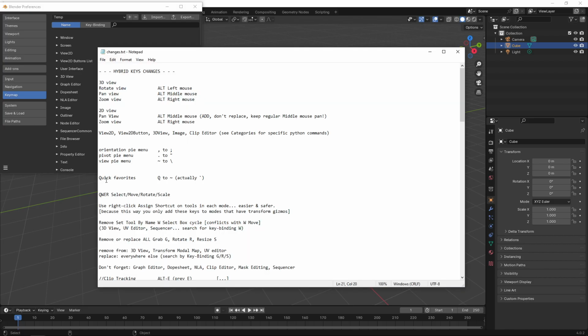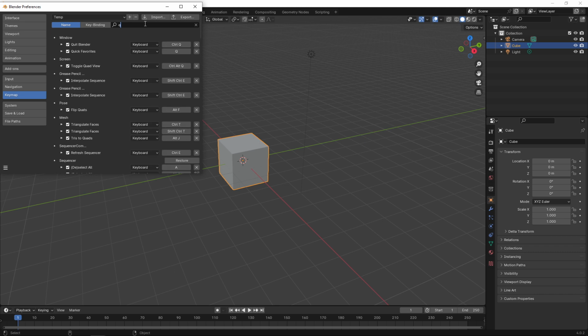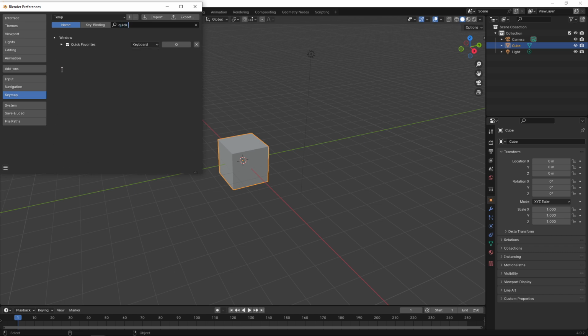Next, we want to change quick favorites. So let's do a search for quick favorites here. And you can see this one is Q, and now you can see the reason why we want to change these ones first, because this key uses Q, and we want to use Q for selection. So let's now change this to the tilde key over here. And so now if we go here, we can hold down, or we can press this, and it goes to